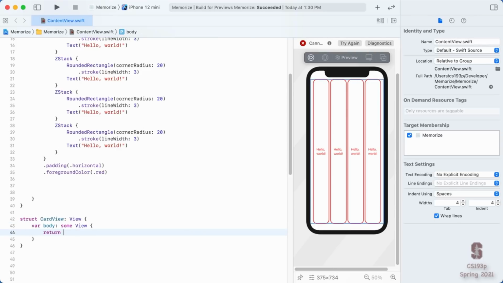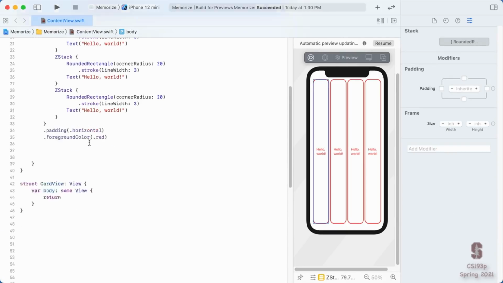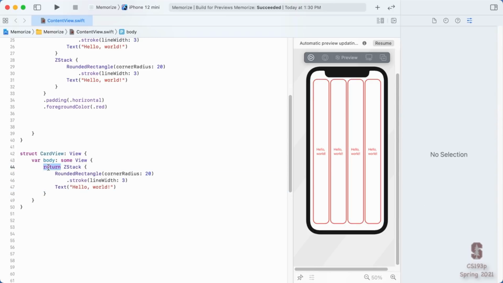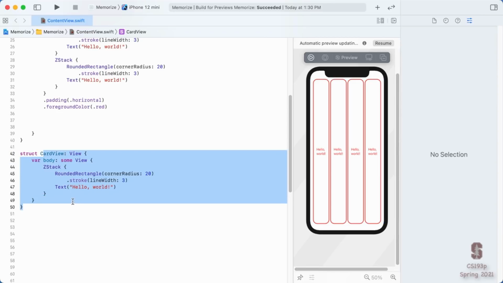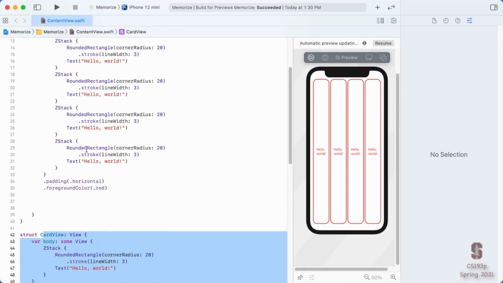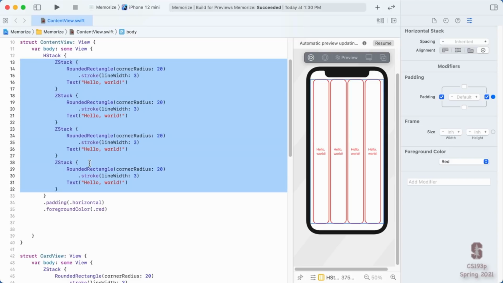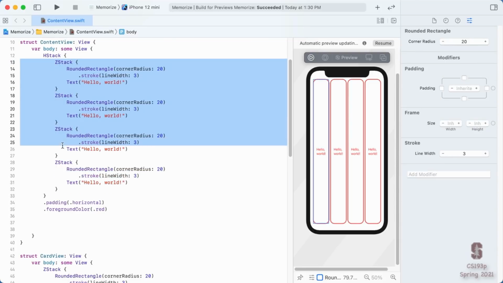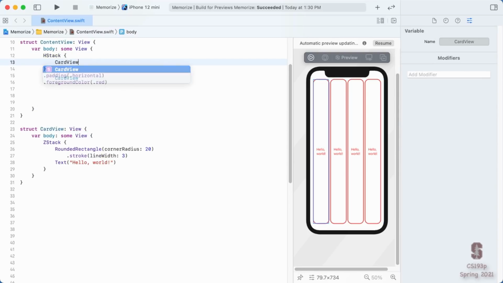I'm going to set the value of it by throwing a function right there. It's going to have to return something. It's going to return this Z-stack right here. So I'm going to copy and paste that right there. Of course, we don't need the return statement right there. And voila, I've now created my dining room chair view, which is my card view right here. And I can use that up in here in the same way that I would use any other view, any other Lego, like text or rounded rectangle. I can just replace all of these by just putting a card view here.